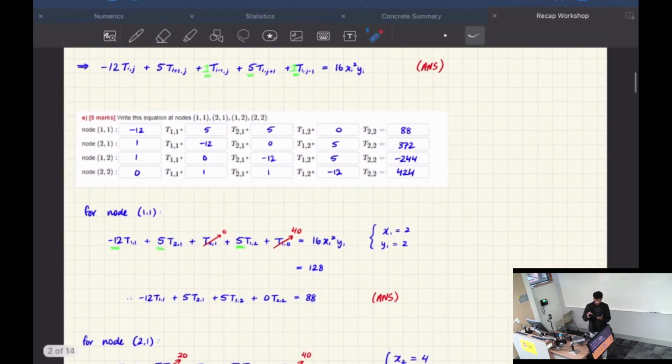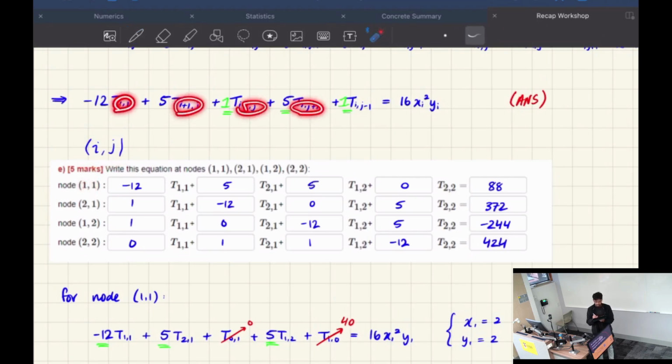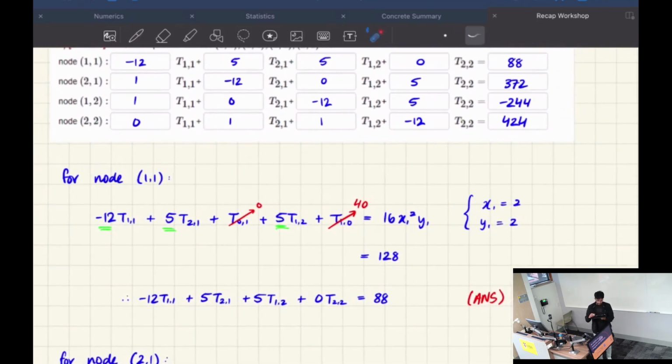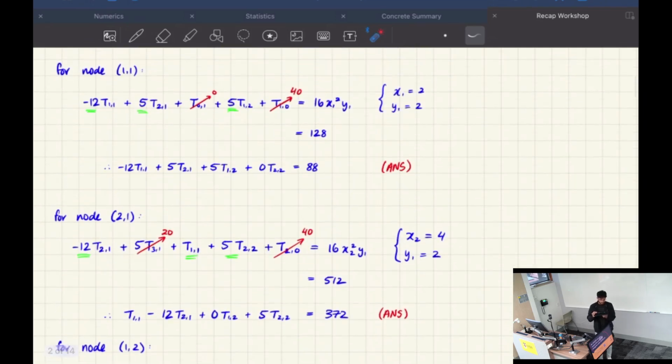Now, for part E, what they're asking us is just to sub in our node points. So our node points will come in the form i and j. We're just going to have to sub these values in. For 1, 1, we're going to sub it into here, down here, into the subscripts. We're also going to need to sub it into here to find the xi and the yi values. For node 1, I've made solutions for the first part, the second part, and these two over here, and I'll go through them with you down here. So for node 1, 1,